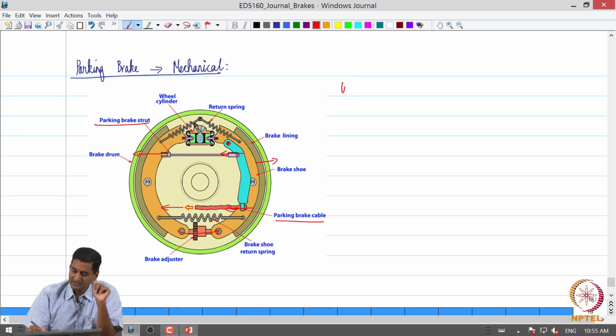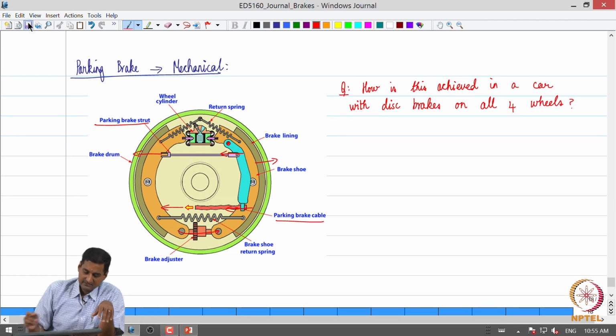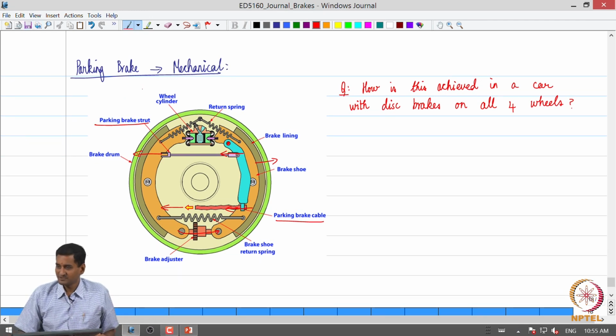Now, what happens with a disc brake? So, that I leave it to you as an exercise. How is this achieved in, let us say, a car with disc brakes on all 4 wheels? Okay. So, please find out, right. So, we will discuss